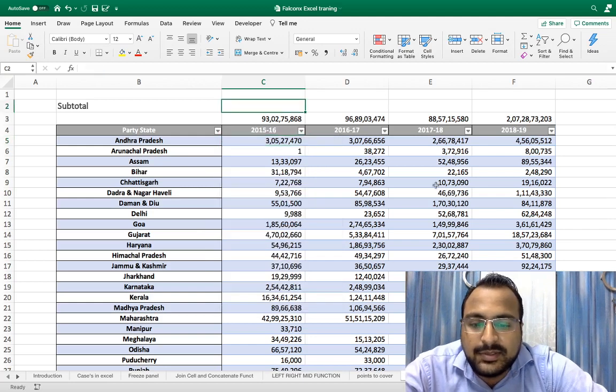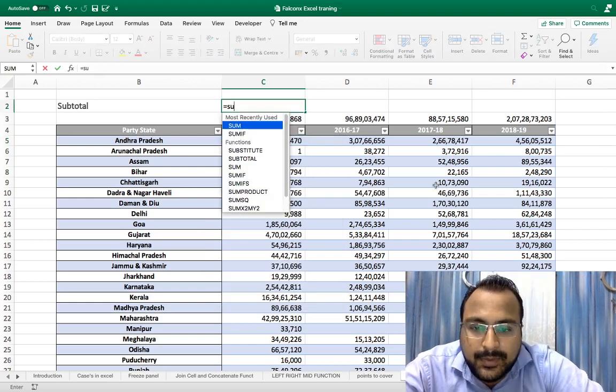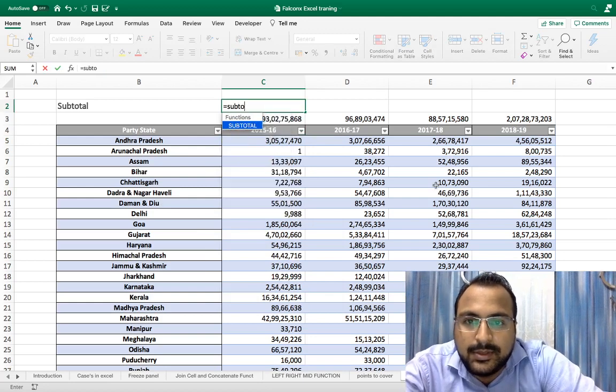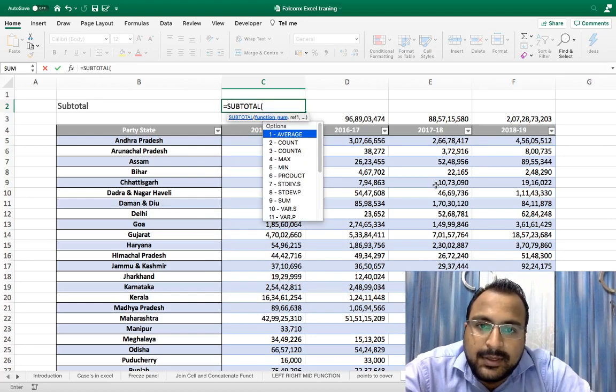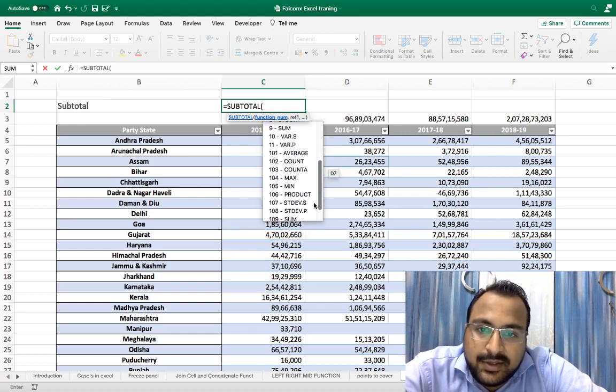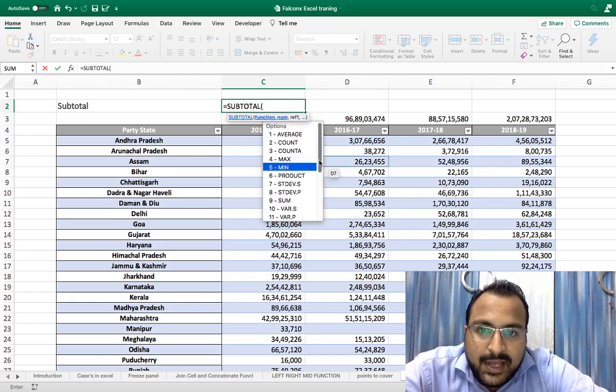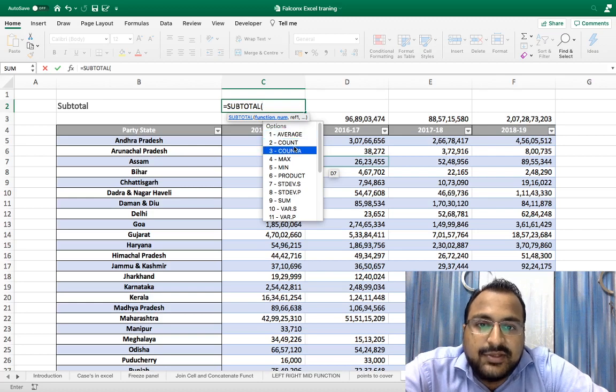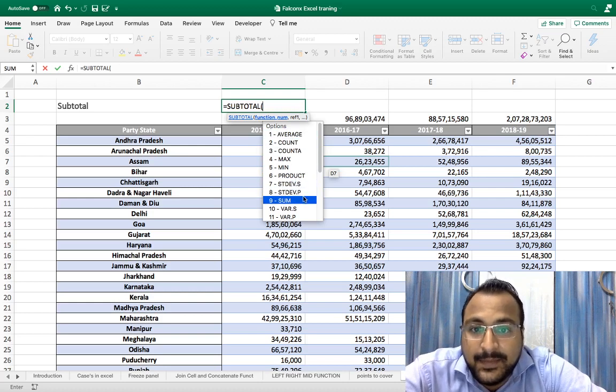Here, let me put subtotal. SUBTOTAL. Tab. Here, all the options are there, which functions are used for subtotal. As you can see, you can get average, count, count A, maximum, minimum, product, standard deviation, standard deviation product, sum, and so on. Now let me show you with sum, and then we'll explain all the others.